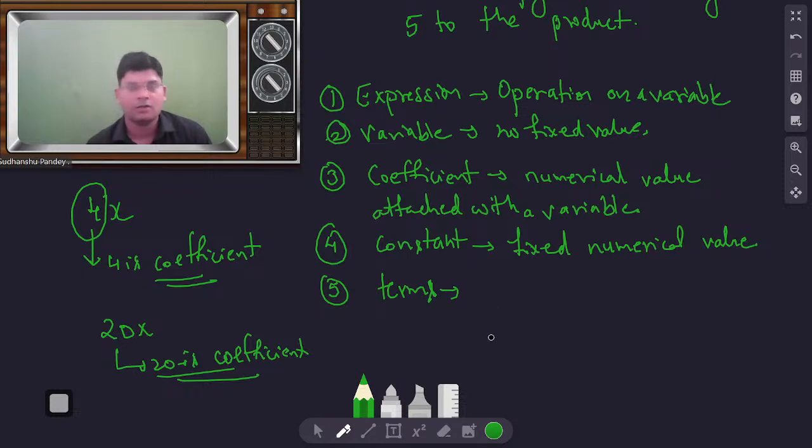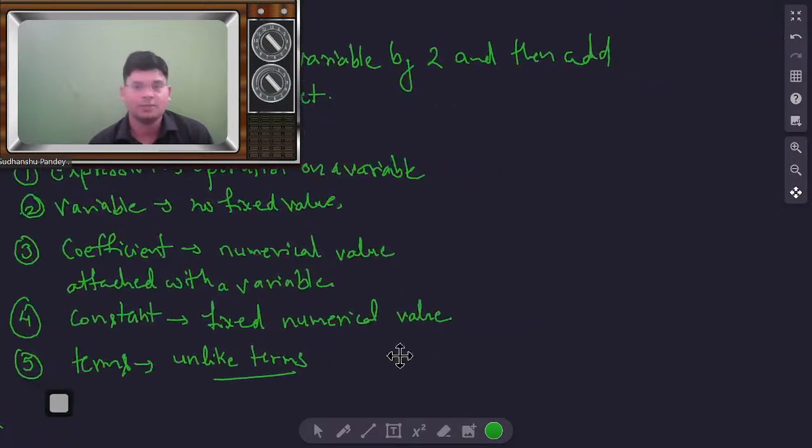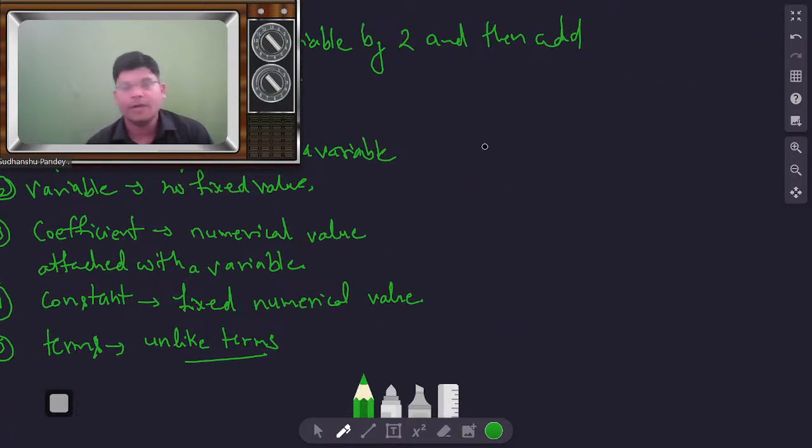Okay. So what are terms? Sir, I can explain what terms are. When I am saying terms, I am talking about unlike terms. So please understand the terms. Suppose I am writing,